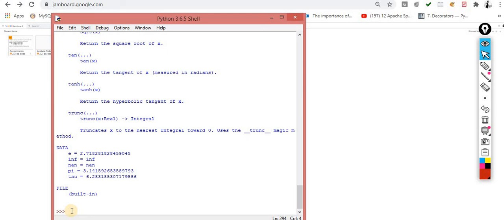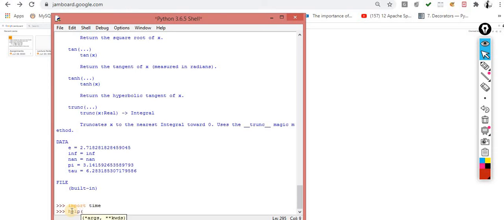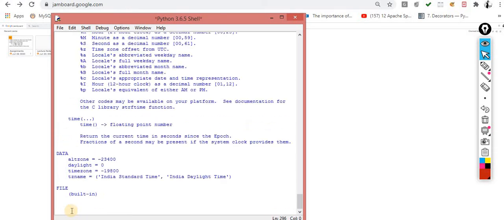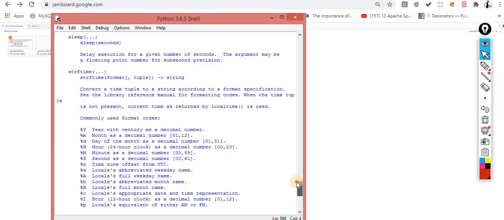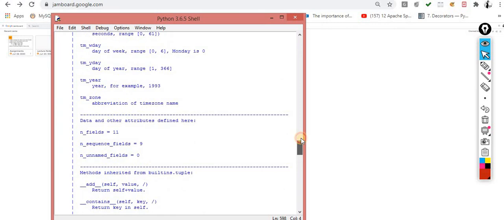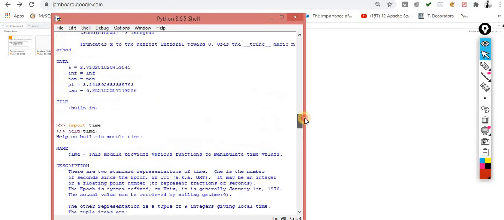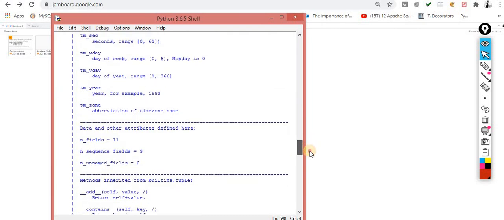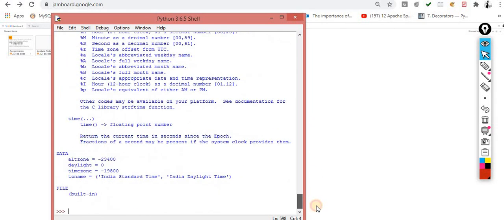For any module, let's suppose I import the time module and want to check what exactly is there inside time, then you can use help. Inside the time module, these are the functions which are available. We hardly use one or two functions, but there are n number of functions and it is impossible to remember each one. So what you can do? Let's suppose you are making a program for scientific calculation. At that time you need the mathematical values. So how can I come to know what function fits my problem statement?